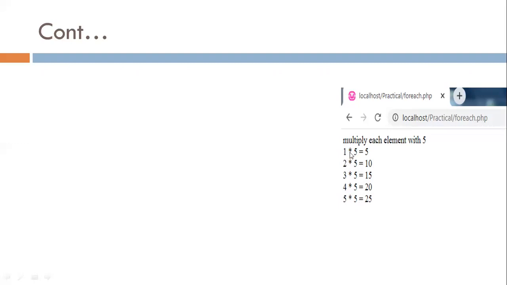So here 1 into 5 equals 5, then the second number is 2, 2 into 5 is equal to 10, then 3 into 5 is equal to 15, 4 into 5 is equal to 20. For this, I need one array with the initial values 1, 2, 3, 4 and 5. And here 5 is static, fixed.